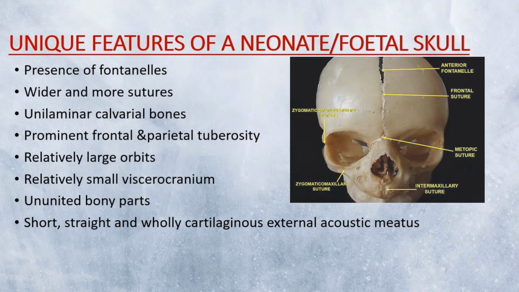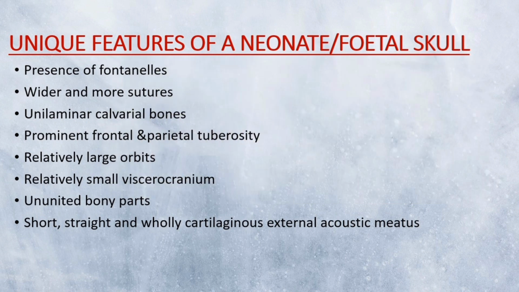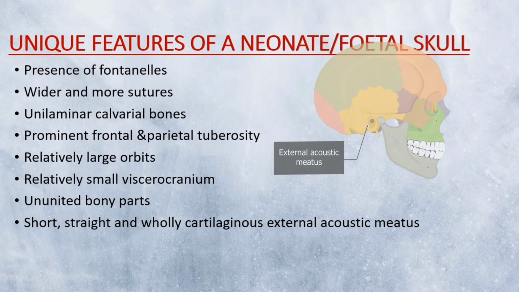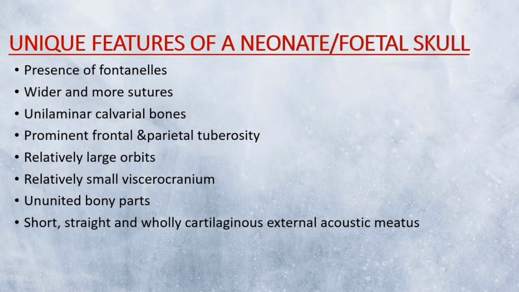Relatively large orbits and small viscerocranium. This may be due to unerupted teeth and absence of alveolar processes. Ununited bony parts such as the various parts of the temporal bone aren't joined together yet, and finally short, straight and wholly cartilaginous external acoustic meatus as opposed to in adults, which is longer, S-shaped and has both a cartilaginous